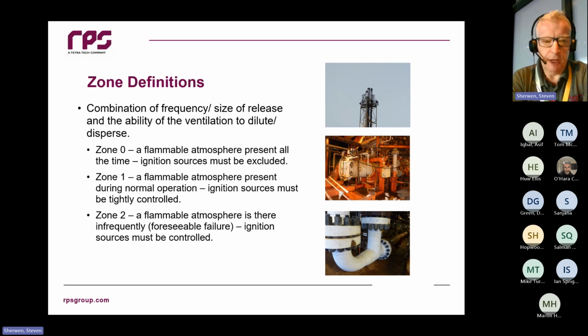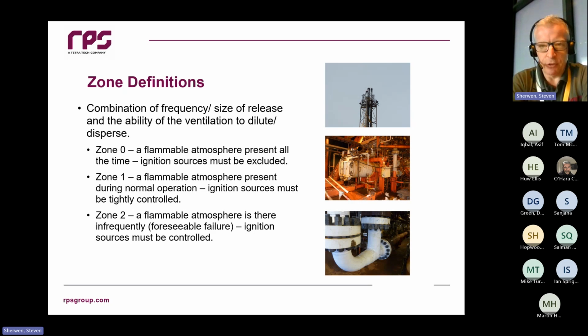The next up the ladder is a zone 1, and a zone 1 is where you have a flammable atmosphere because you're doing something on purpose that releases a flammable atmosphere. Okay, so it's where you're opening pig traps, where you're taking samples, disconnecting hoses, all those scenarios where, as part of the design, as part of the normal operation of the system, you're creating a flammable atmosphere. You're allowing some material to mix with air. Where you've got the zone 1, ignition sources must be a bit more tightly controlled because it arises a bit more often. It's all a frequency and probability sort of game.